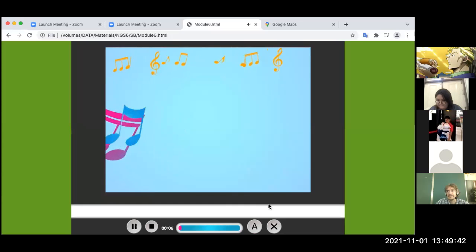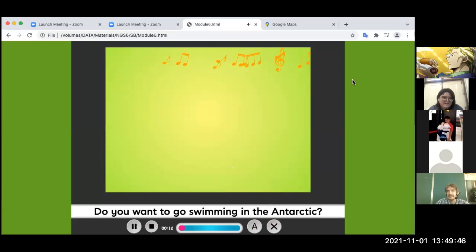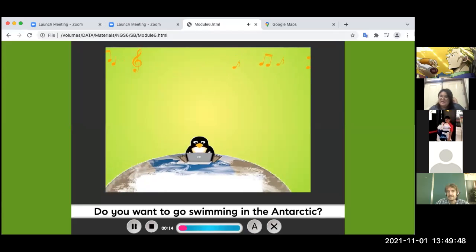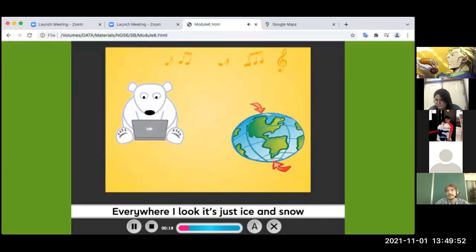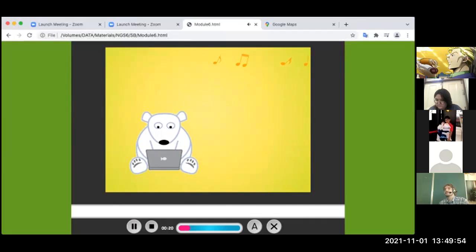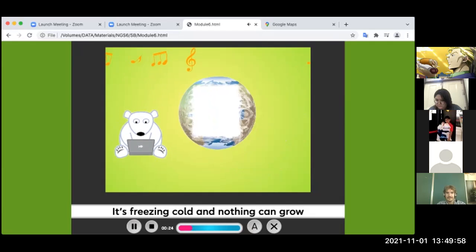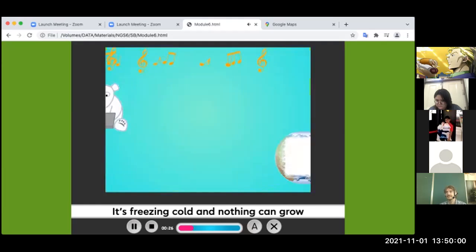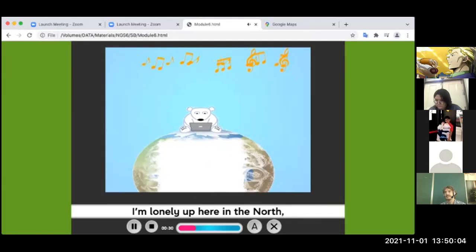I can't stand living here in the Arctic. Do you want to go swimming in the Antarctic? Everywhere I look, it's just ice and snow. It's freezing cold and nothing can grow. I'm lonely up here in the north.